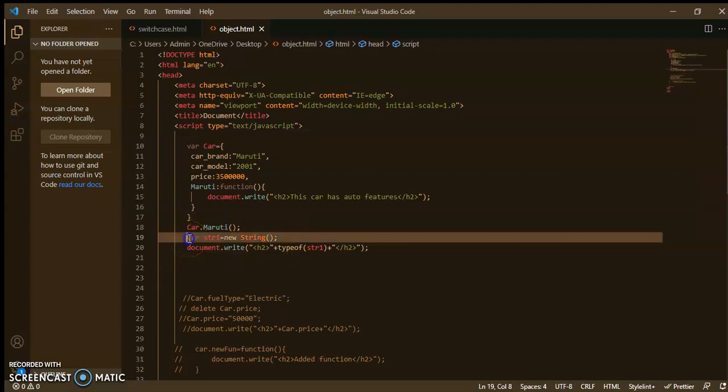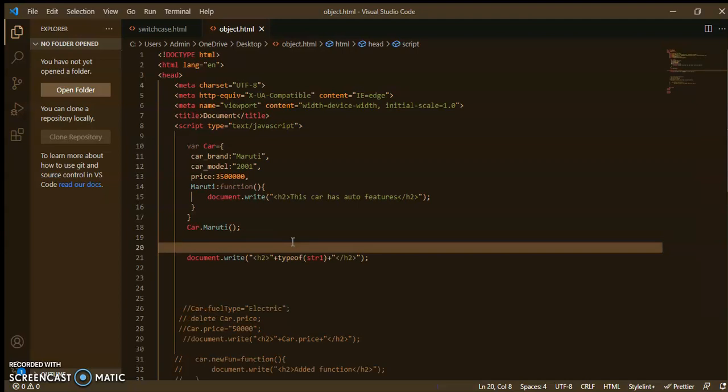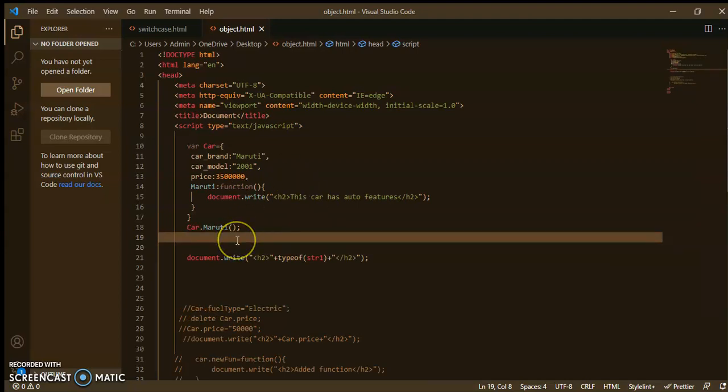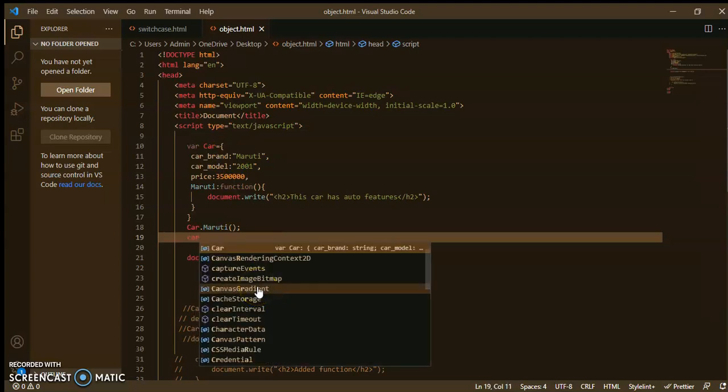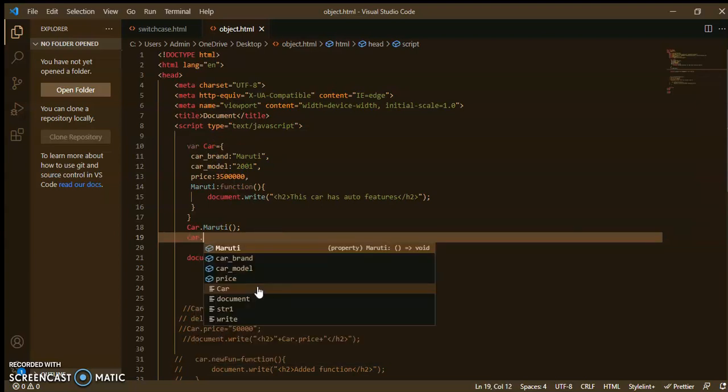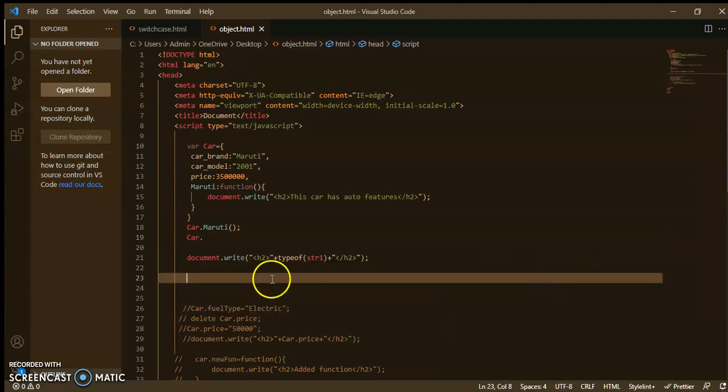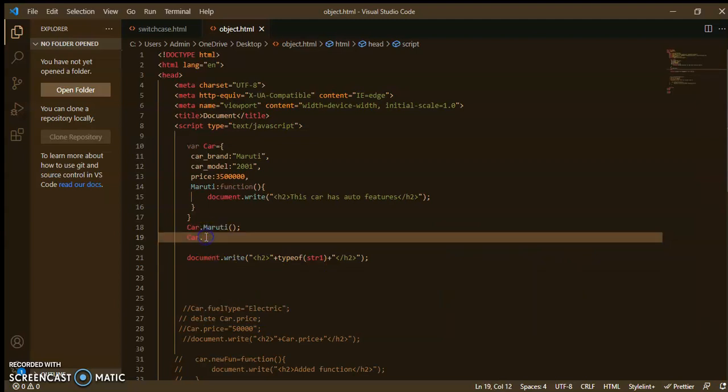For that, I will use the object car, dot, then a property, suppose fuel type.